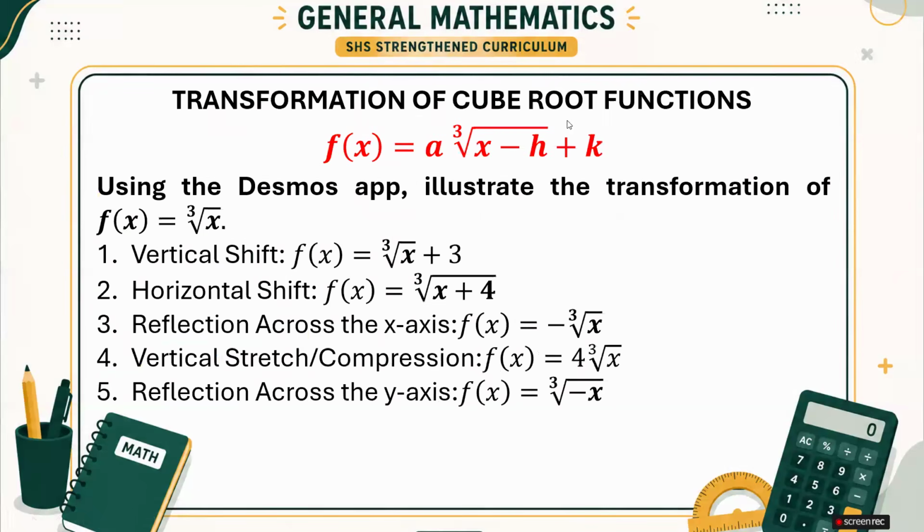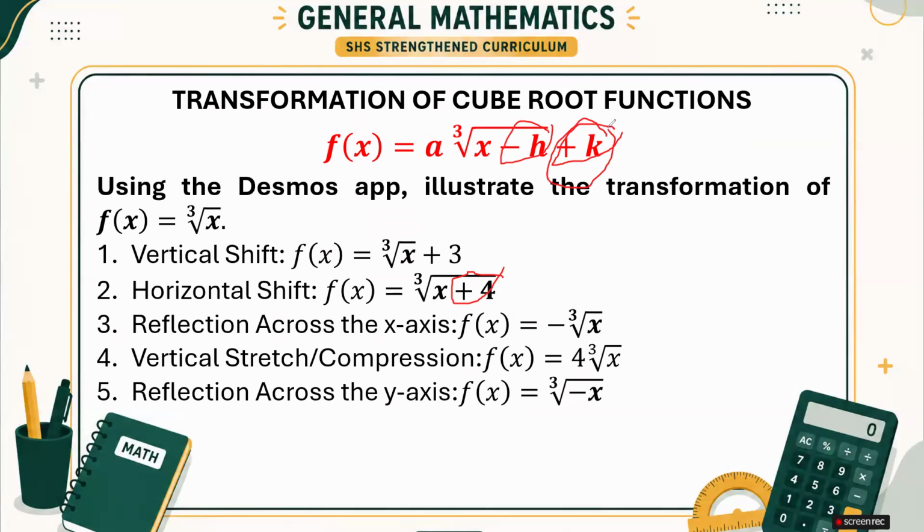But I will not linger anymore on those definitions. Let's talk about the transformation of the cube root functions. Using the general transformation formula, f of x is equal to a, the cube root of the quantity x minus h, plus k. Again, we have the same effect. A positive k will shift the graph to the right, and a negative k would shift the graph to the left. But for the h, the negative h here would mean the opposite. If you have a plus 4, then it will move to the left. Then it will move to the right when it is a negative.